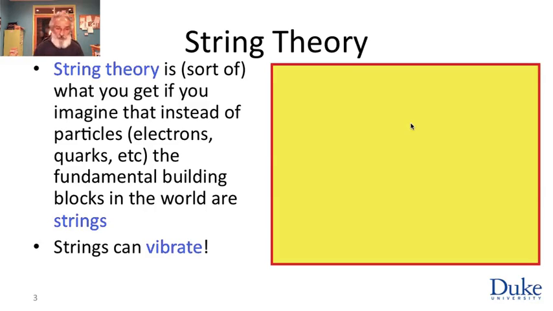What's a crude way of describing string theory? String theory is what you get if you imagine that instead of particles, so what's a particle? An electron, a quark, whatever it is, a particle is an excitation of the universe that lives at a specific point in space at any given time. So its history is given classically by its world line, its trajectory in space-time, and then there's a quantum mechanical version of that same description that replaces the trajectory by a wave function, and in a relativistic theory by excitations of a field. We know how to do all of that, but the starting point, classically, is that a particle lives at a point in space.